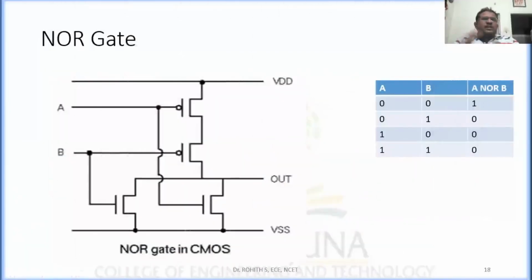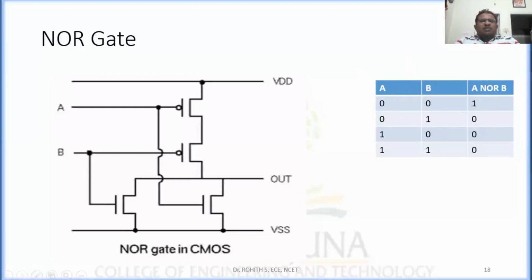In continuation with the NAND gate, we will discuss the NOR gate. In case of the NOR gate, the truth table is shown here. For 0 0 input you should get output as 1, and for the rest of the cases the output is 0, that is 0 1 or 1 0 or 1 1 case. So output must be 0.